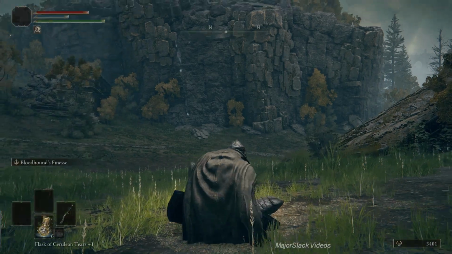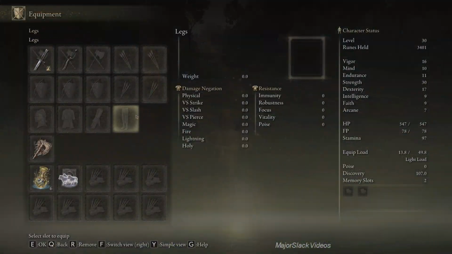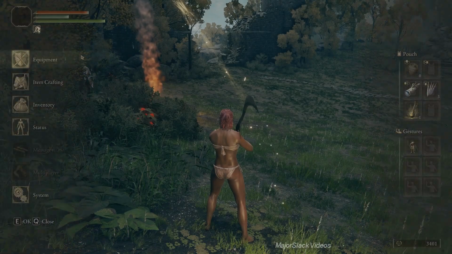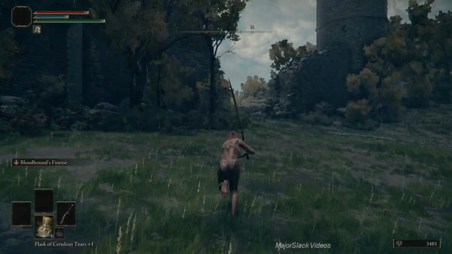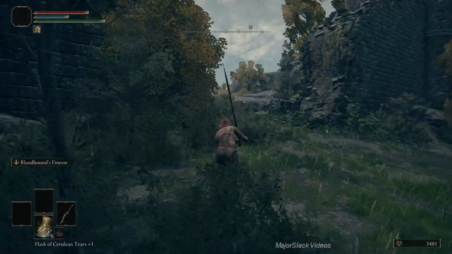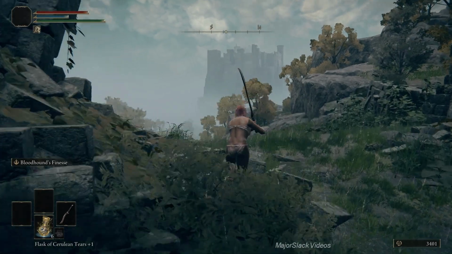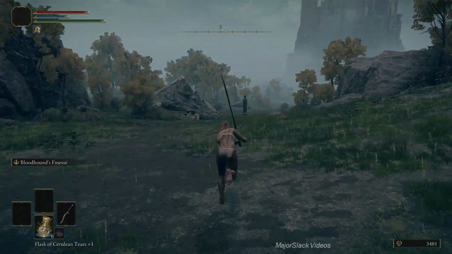So there you go, Knight's Cavalry. A little warm up for what's coming up in part 9. What's coming up in part 9 is the Tree Sentinel. Oh no, not the Tree Sentinel. Yes, the Tree Sentinel. We're going to take that bugger down. It's doable